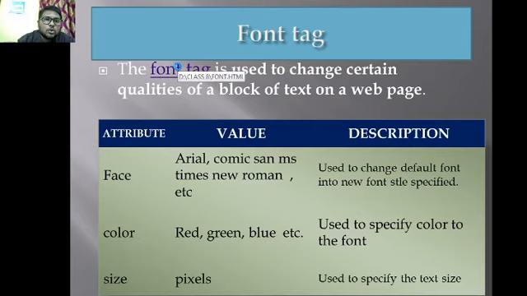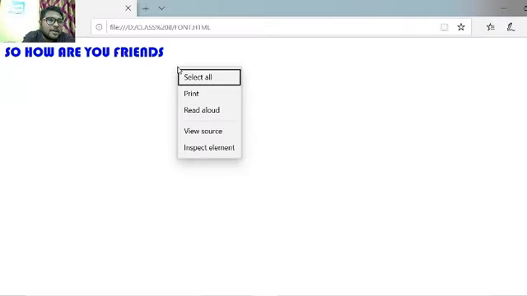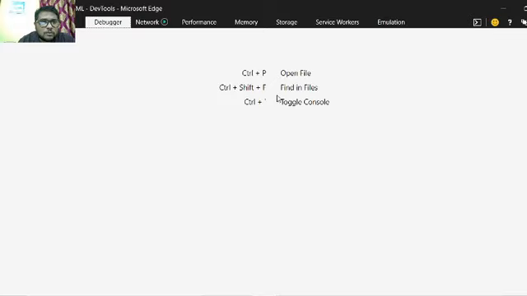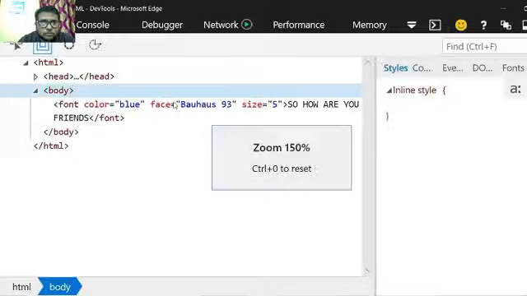So I click on the font tag, and then I have to show you, see, this handwriting is a little bit different handwriting. How did I do it? Look at the code, you will understand. It's a very simple one. No rocket science, nothing. Very simple. Here I have written font color equal to blue, face is the style that I have given. I have given Bauhaus 93.